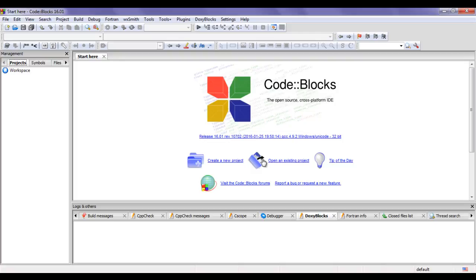This is the user interface of CodeBlocks. We will understand the different components of the CodeBlocks user interface step by step. At the top, you find the title bar. Below the title bar, we have the menu bar. Below the menu bar, we have the toolbars section. On the left hand side, we have the management panel open. In the middle, we have the start page open. It has a title Start here. Below, we have the logs panel open. And at the bottom, we have the status bar. We will discuss each of these components of the CodeBlocks user interface step by step now in detail.